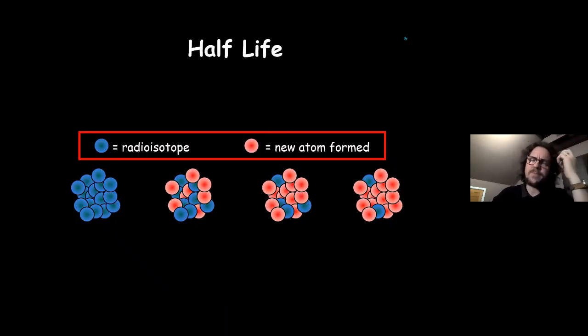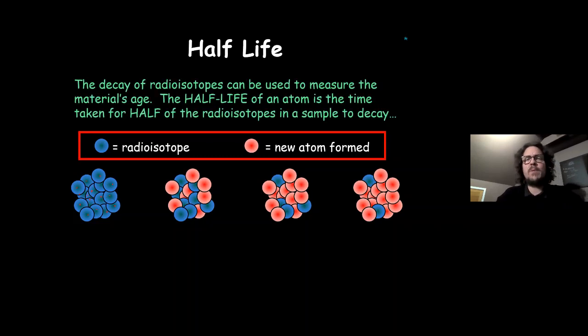So half-life then, what I want you to do now is imagine that all of these dots here are all individual radioactive nuclei. So that's a whole nuclei, that's a whole nuclei, that's a whole nuclei. And we've got a big lump here of radioactive atoms, all right? That's what we've got here. The half-life is the time it will take for half of a radioactive sample to decay. So here we've got a radioactive sample, and the time taken for half of them to decay will be 1 half-life. So if we begin with 16,